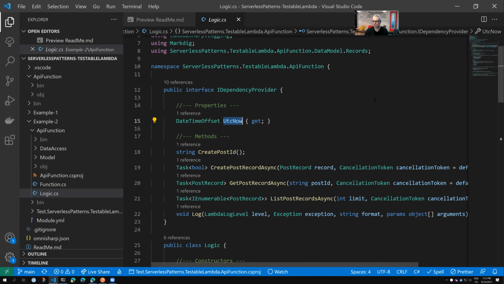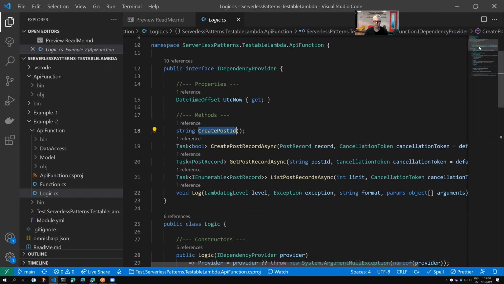that we can give a new blog post a timestamp. We also need to create an ID for a new blog post, a GUID. And again, that is an outside dependency. If you want to be able to predict what the ID is going to be, you have to have control over it. And then the rest are fairly simple, straightforward methods that are going to map to almost identical calls